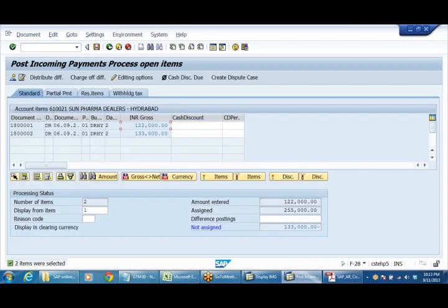See, 1,22,000 and 1,33,000 are both outstanding. These are the two outstanding invoices which the system is displaying to us.